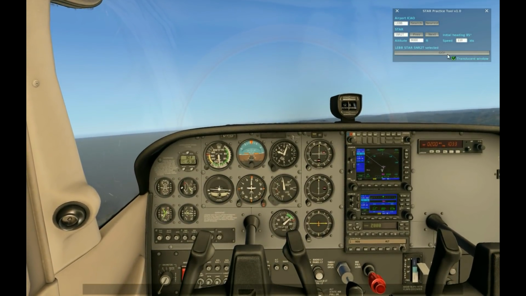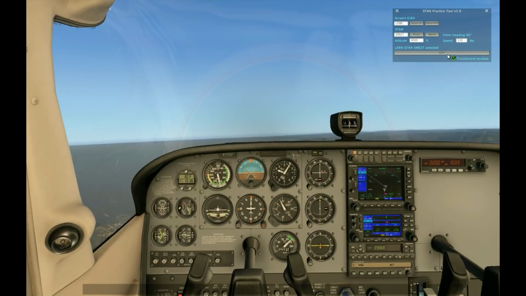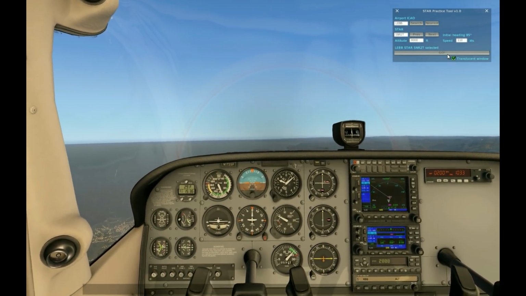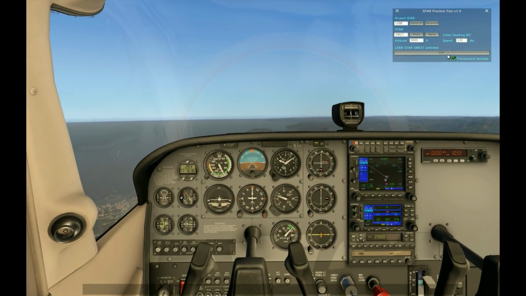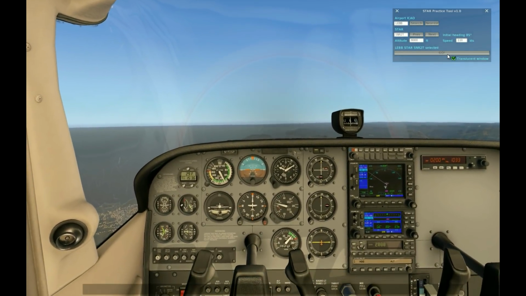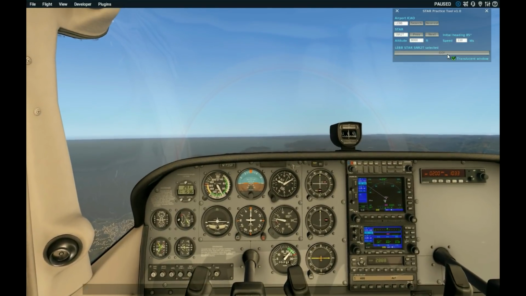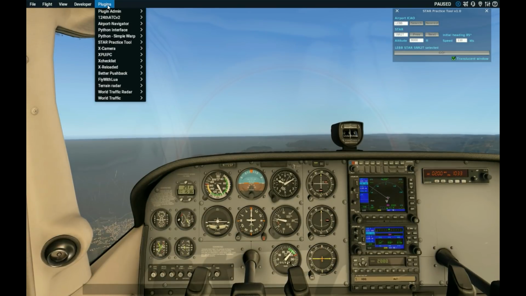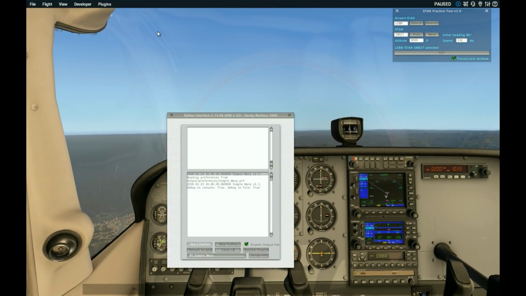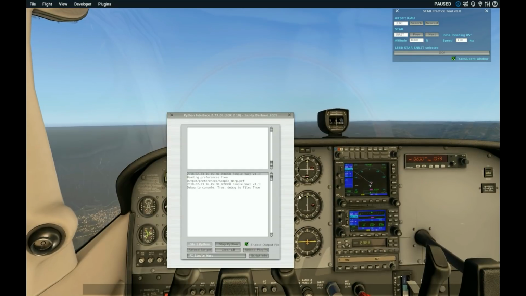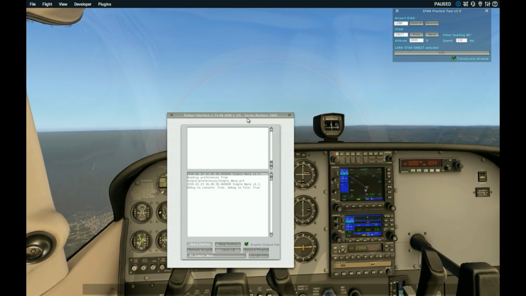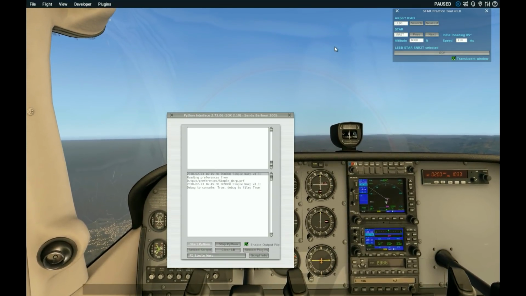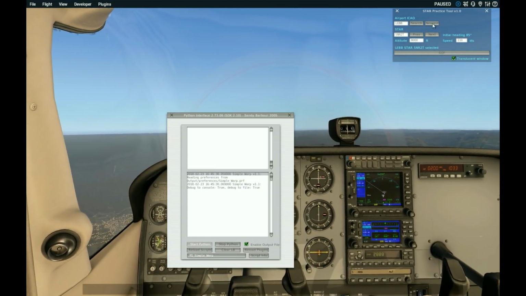So that's all you need to know in order to use the plugin in general without any particular aircraft issues. I will pause the simulation now. There is just one more thing that I wanted to show you. If you go to Plugins, Python Interface, Control Panel, you can find this window here. This controls all of the plugins that are implemented with the Python interface for X-Plane, like this one, but you might have other ones.